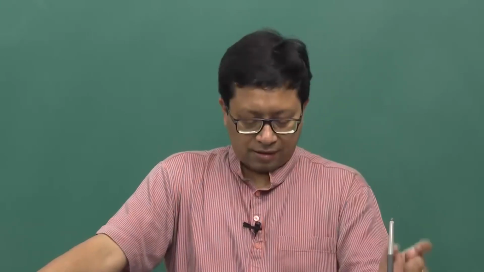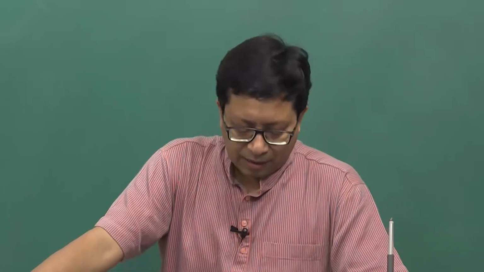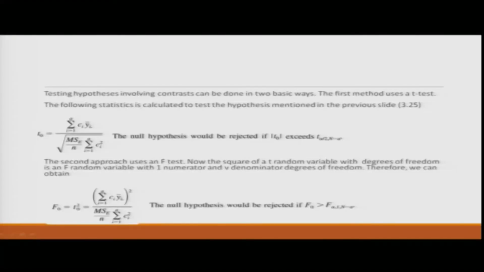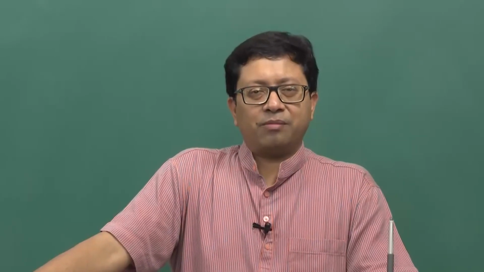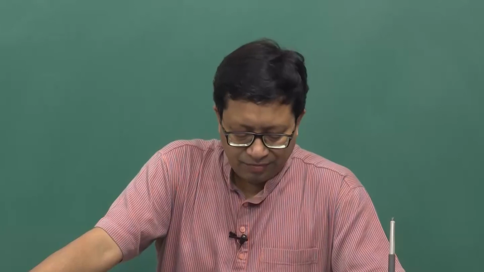So, you can find out the F value under the null hypothesis: in the numerator you have the square of C1 into y bar 1 plus C2 into y bar 2, and so forth, till Ca into y bar a,